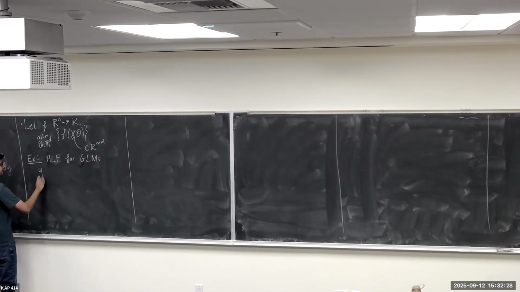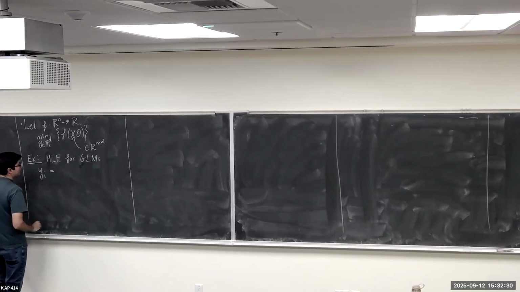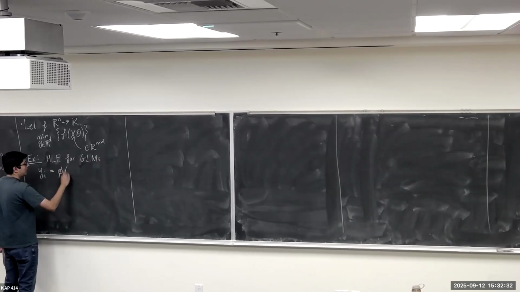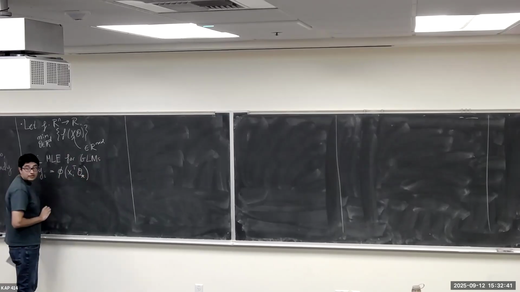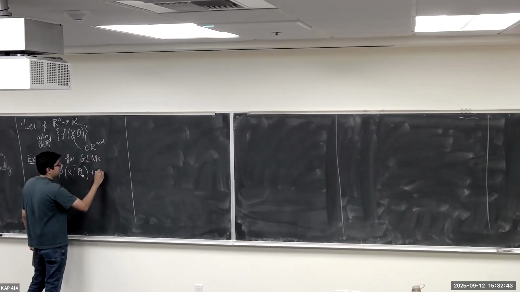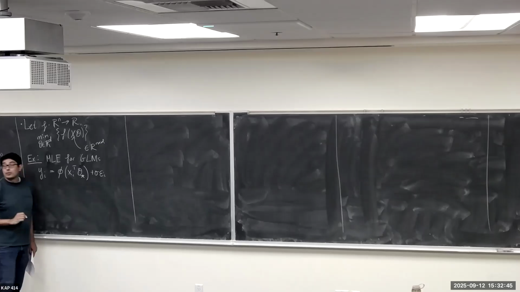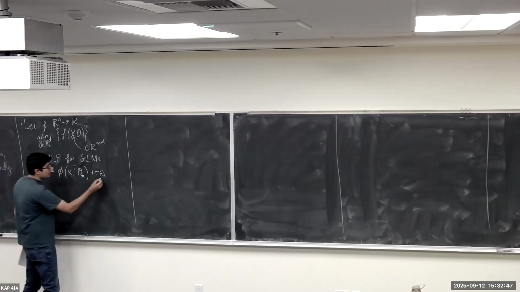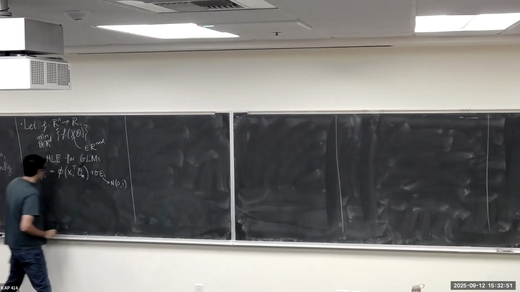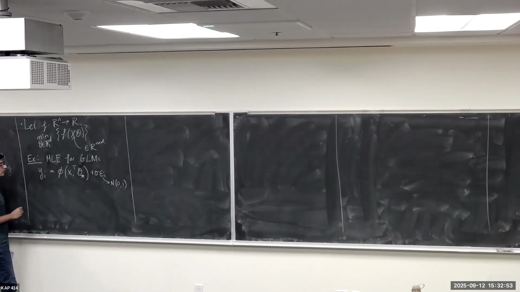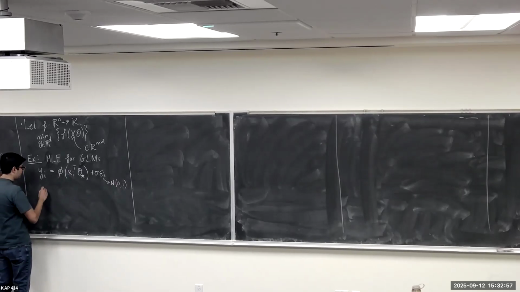So for instance, I have a set of observations y_i that take some potentially nonlinear function phi, apply it to the inner product between your data x_i and some unknown parameter theta star, which is then corrupted by some additive noise with variance sigma squared. If we assume that this noise is Gaussian distributed, then the maximum likelihood function associated to this gives us the loss function